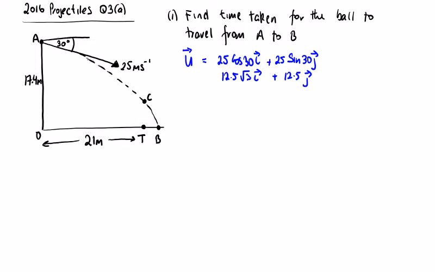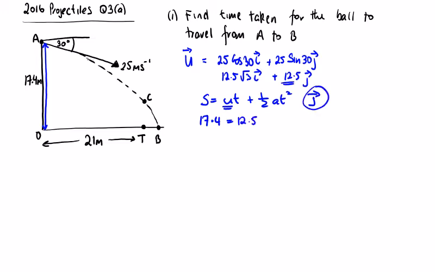So if we look at the change in the j direction, the distance traveled in the j direction is 17.4. So we use s equals ut plus a half at squared, and the acceleration is just gravity bringing it down this time. The 17.4 is the distance traveled. The initial velocity in the j direction is 12.5. So we can get the time taken using this, and minus 9.8 over 2, so minus 4.9 t squared. So we're going to have 4.9 t squared minus 12.5 t